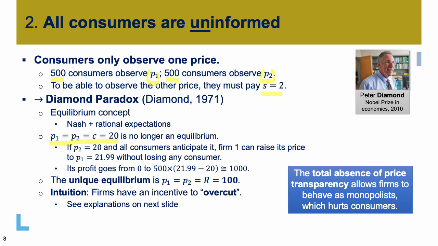Well, firm 1 knows that its captive consumers, the 500 consumers that only know its price, will search for the price of firm 2 only if they expect that the difference between P1 and P2 is larger than 2. Okay, so that allows firm 1 to raise its price up to a little bit less than 22. At that price, its consumers know that it's not worth trying to discover the price of firm 2 because that price cannot be lower than 20 anyway. They know that firm 2 is not going to set a price below its marginal cost.